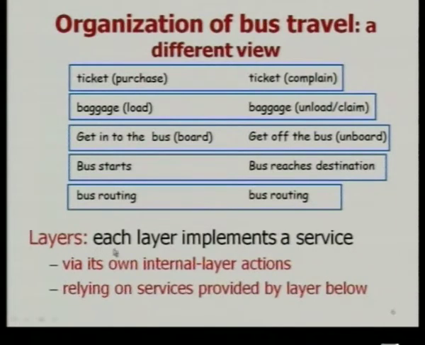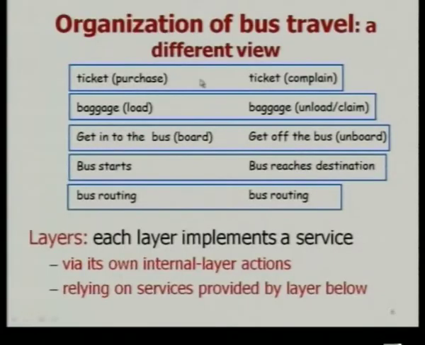Now, if each layer implements a service, how does it do that? It has its own internal layer actions. When a ticket is purchased, that ticket has some information in it. So, when a complaint is lodged at the other end, you will be able to understand that it is with respect to this particular ticket that this complaint is being lodged. So, there is some kind of internal information, internal layer actions which are done at each of these layers, and